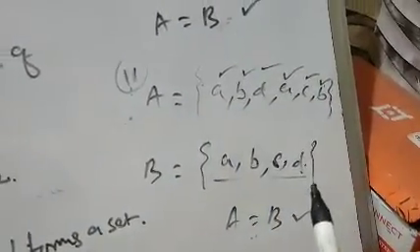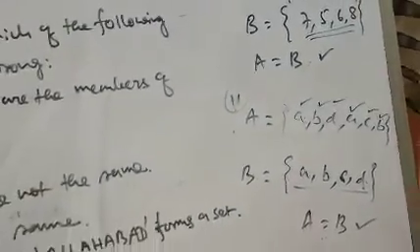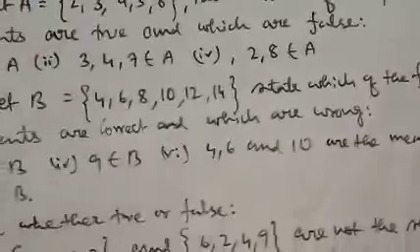But the similarity is that here 4 elements are used, here also 4 elements are used. The only difference is that here 2 elements are repeated, but that doesn't mean that the set will not be equal. The set will be exactly equal. That means here also set A and set B will be equal. So the property or the rule is, if you repeat some elements, the set will be exactly the same. So these are the two properties we will use to solve this exercise. So let's solve this exercise.